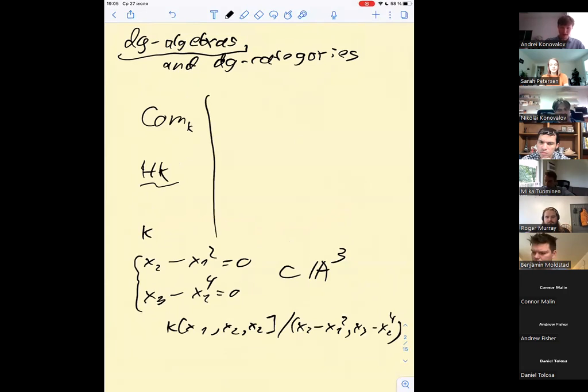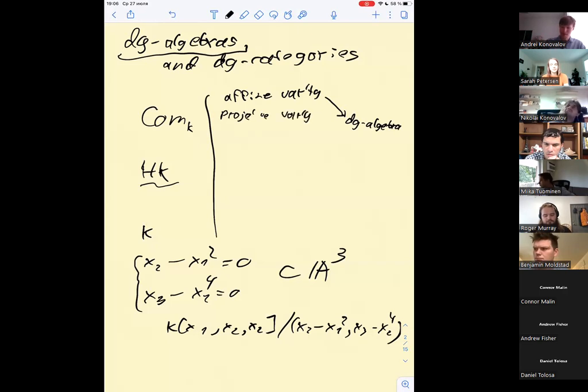So the basic point is that to an affine variety, one can attach a nice ring, or actually one can think about this ring as just a corresponding dg-algebra, which sits in degree 0. In fact, to any variety, for example, to a projective variety, which is just something glued from affine guys, one can also attach some dg-algebra. One can also attach a dg-algebra to, for example, a nice topological group. Simply, one can send a group to the corresponding group ring. So this assigns to a group a